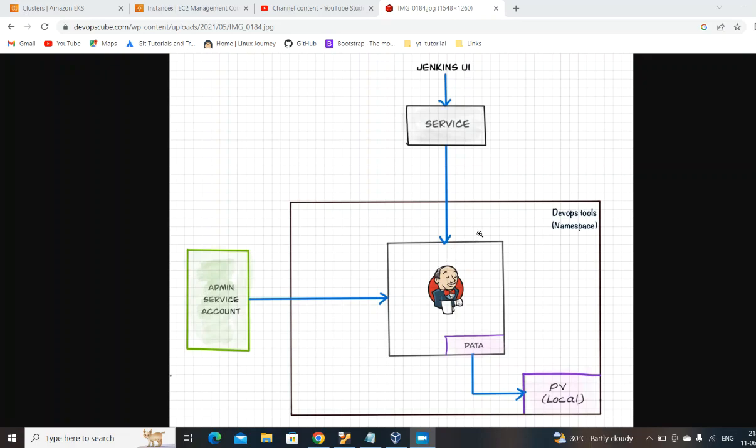In today's video, we will see how we can deploy Jenkins on Kubernetes. On screen, you are seeing a diagram where we are configuring Jenkins in the namespace DevOps tool. And here we have a service account of admin associated with it, and we are accessing it via a service